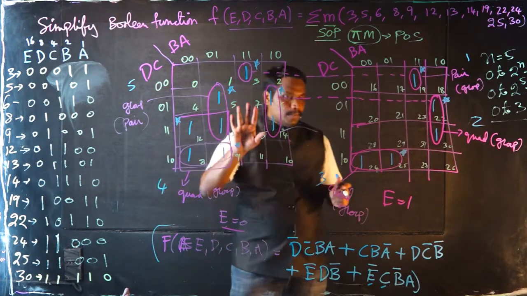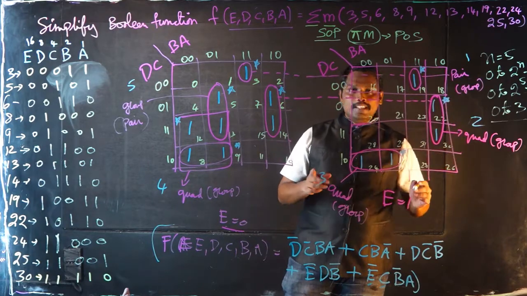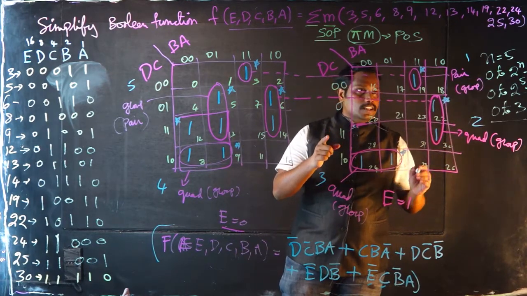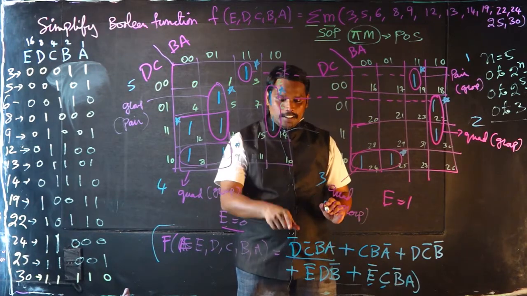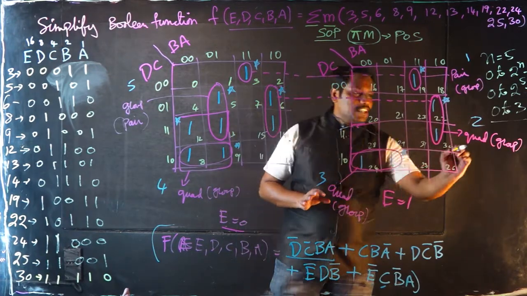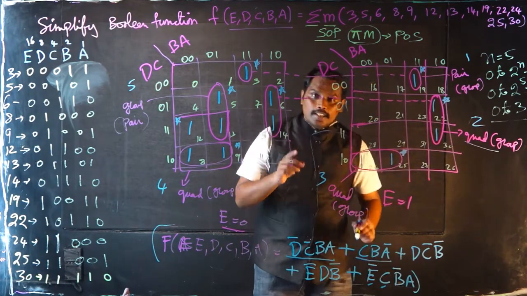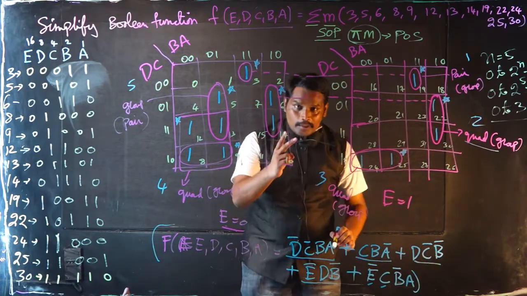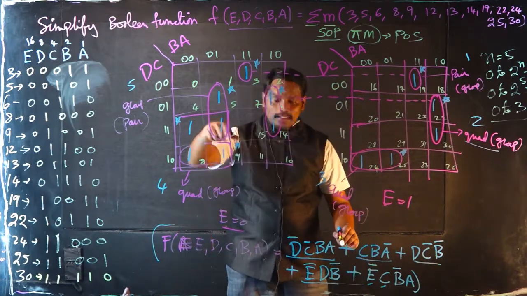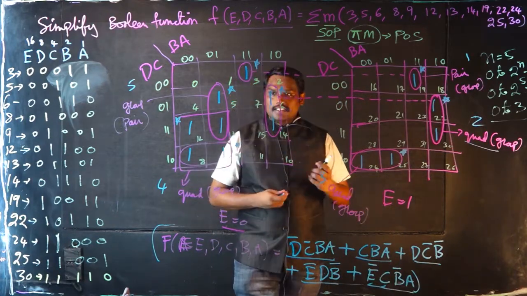And remember one thing, that the pair means it will remove one variable. So you can see that this particular pair has removed one particular term, that is E, right? And if it is a quad, 2 variables are removed. So you can see that here D and E are missing, right? So for all quads you can see 2 variables missing, and for finally pair only 1 variable is missing. So this is how the expression is constructed. Thank you.